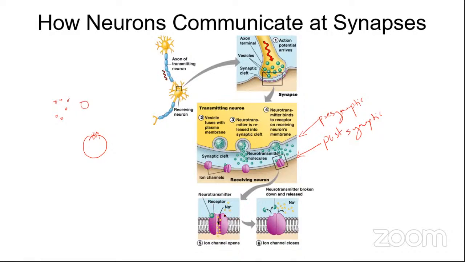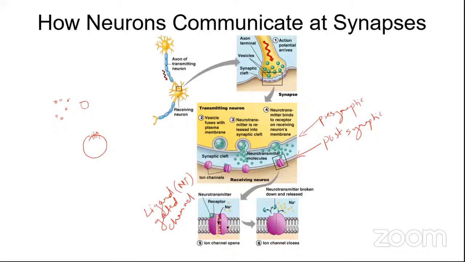The receptors can be of different types. We will talk about that later on. But when the neurotransmitter binds to some of the receptors, which are receptor coupled channels, or the very commonly used term, ligand gated channels. Now we have seen voltage gated channels, which open in response to voltage change. For a ligand gated channel, the ligand here is nothing but the neurotransmitter. Ligand gated channels are the ones which open in response to the neurotransmitter.